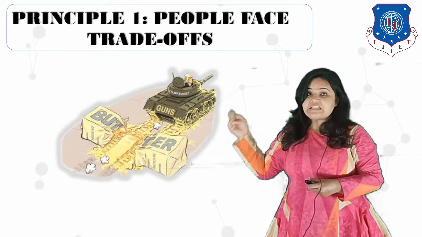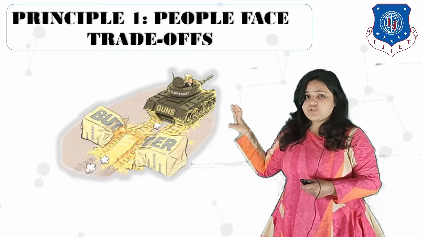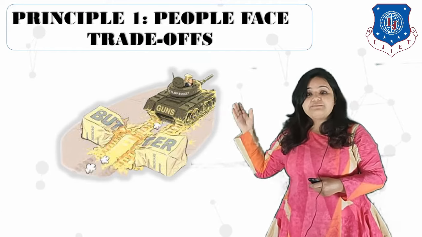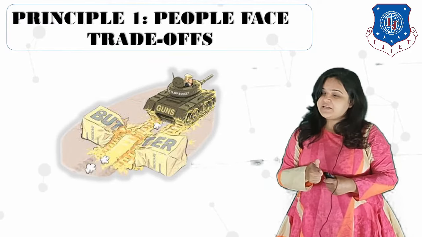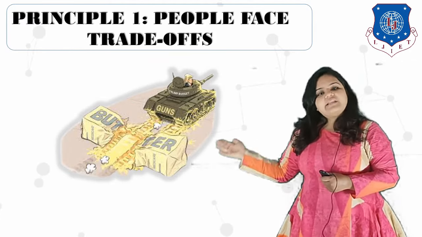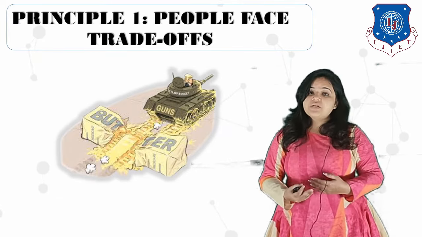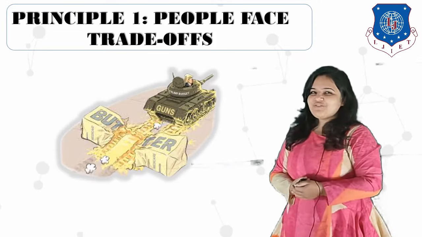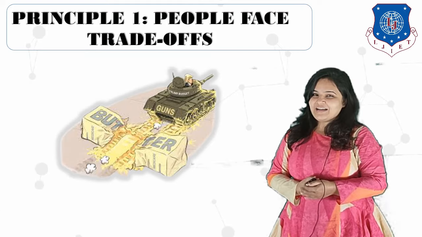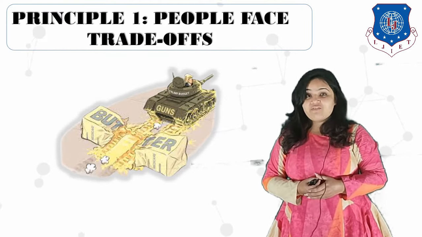On both sides, it is a scenario of life and death. If our army is not strong enough, then other countries might attack our country and it may lead to war which we might lose. On the other hand, if the government does not produce enough consumer goods, people will die of hunger. This is a much more difficult dilemma than car tires or a vacation. This is what society faces, this is what the government faces.